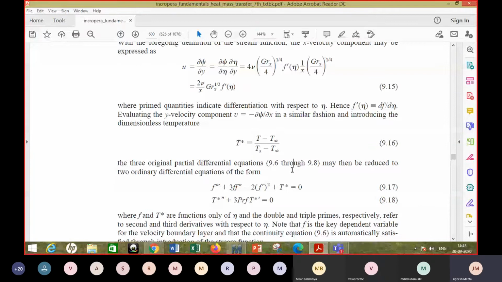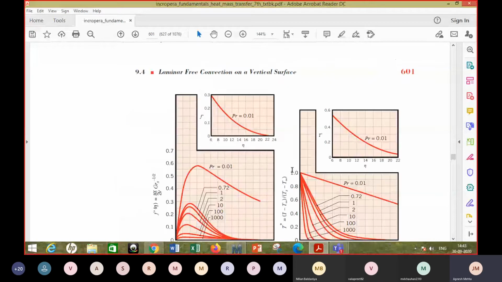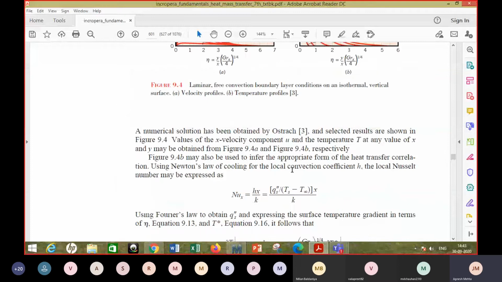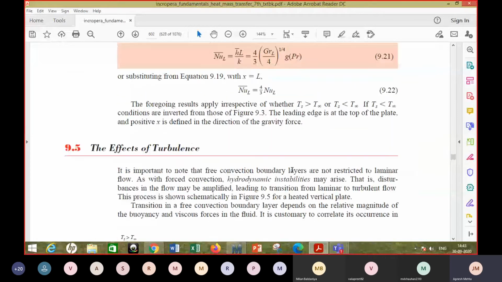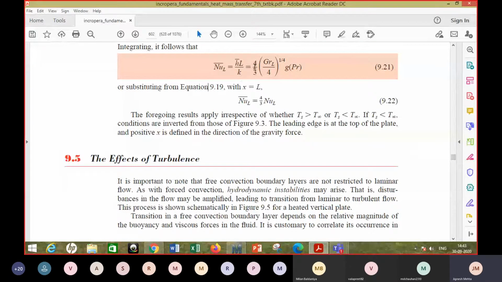And here there is a derivation at the end of which it is shown that the average value of Nusselt number, which is nothing but hL by k, is 4 by 3 of Grashof number to the power 1 by 4 divided by 4, and some function of Prandtl number. Or basically the average value of Nusselt number is 4 by 3 of